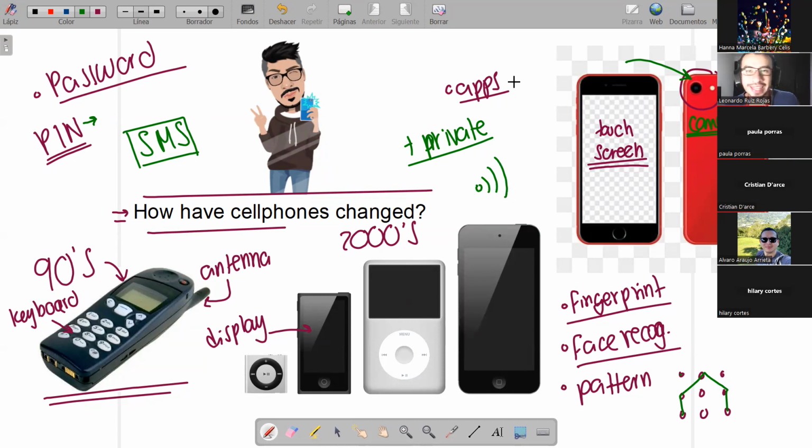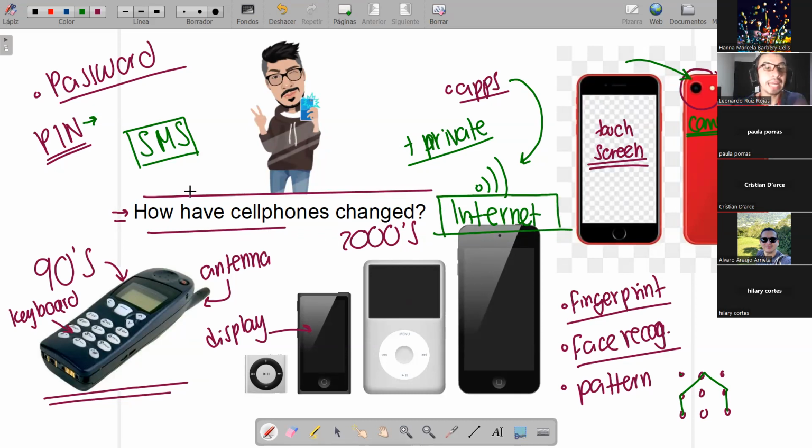The apps now use internet, no? These cell phones, they didn't have internet. No, maybe like the first cell phones were like the Blackberries or probably before it. But now every single cell phone has internet connection, right? Now all of the cell phones have internet connection.